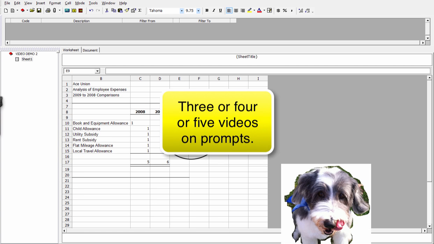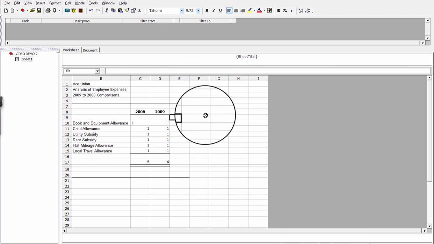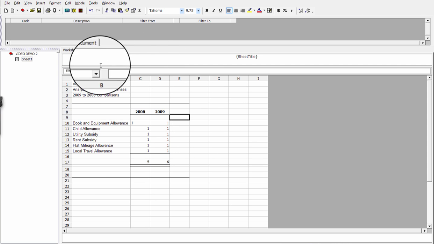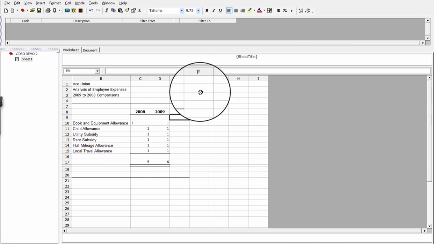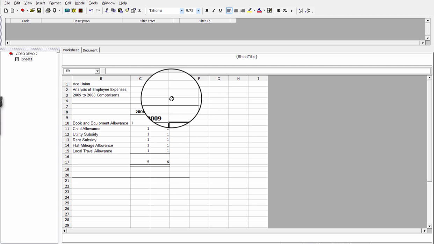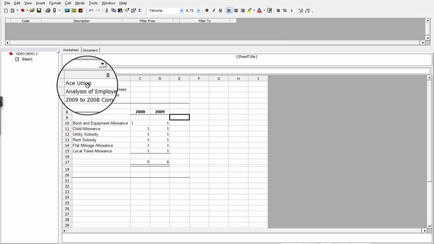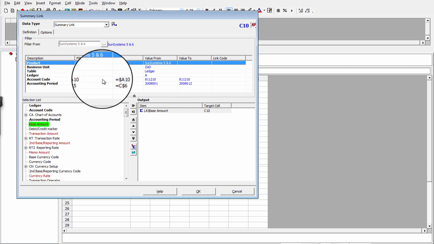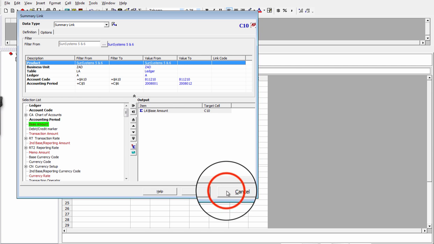Okay, let's get going. This is our first of 3 videos on prompts, and today's lesson is just to introduce the concept of prompts to you. Recall we've made this worksheet and it looks pretty nice and works very well. The breakout code's been saved and so forth. However, this worksheet has somewhat limited use, in that it is prepared for the ACE Union, and it was prepared to hit the ZAD business unit for the year 2008 and